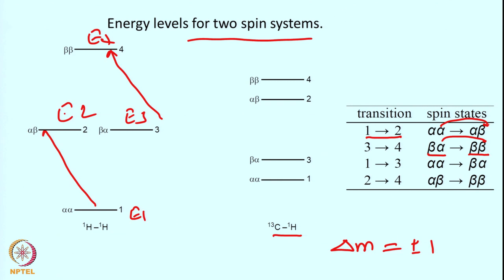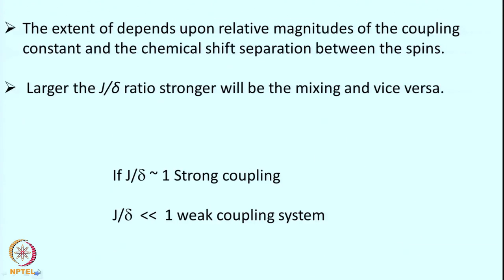So, these are the two states, and now for these, the other spins, 1,3 transition and here 2,4 transition is happening. So, in this case 1,3 transition, alpha alpha, first spin flips to beta, and here again alpha beta, first spin flips to beta states. So, the spin that flips is called active spin, and the spin that does not flip is called passive spin. So, this is the energy state that we were talking about in the previous slide.